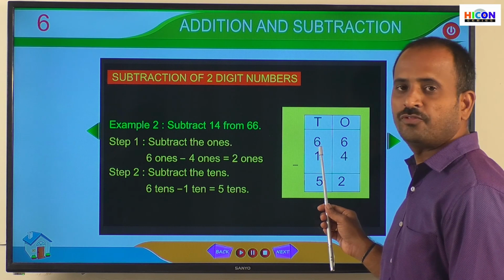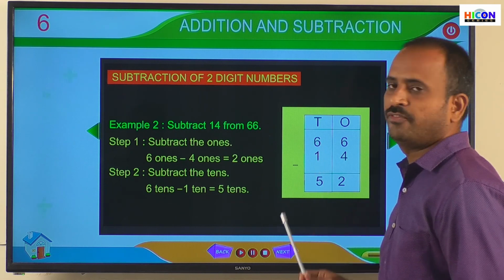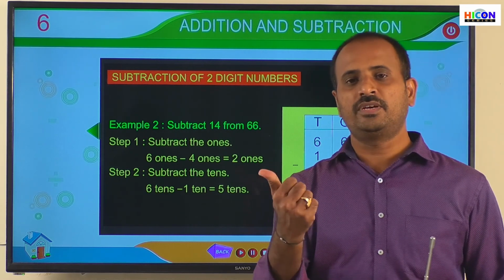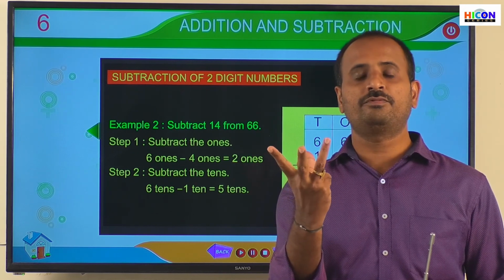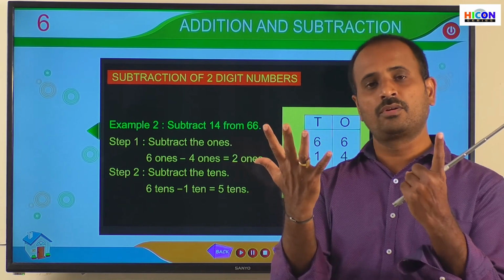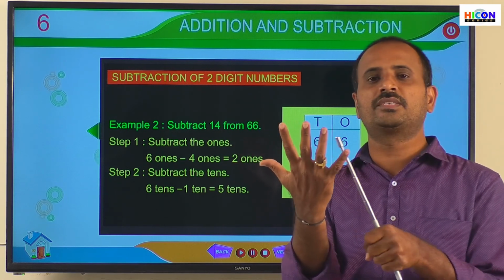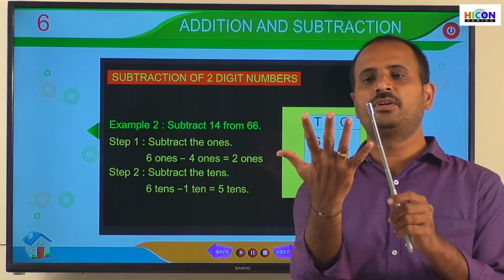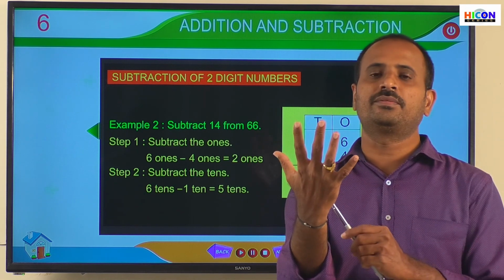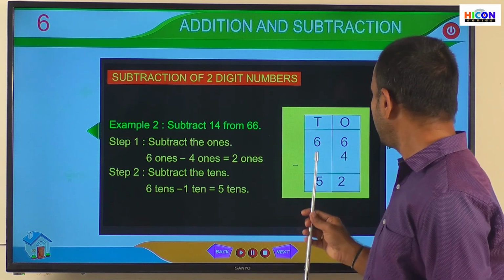Open 6 fingers of your hand and close 1 finger. So open 6 fingers, 1, 2, 3, 4, 5 and 6. And close 1 finger. I have closed 1 finger. Children, how many fingers are there remaining? There are remaining 1, 2, 3, 4 and 5. So write 5 under tens place.